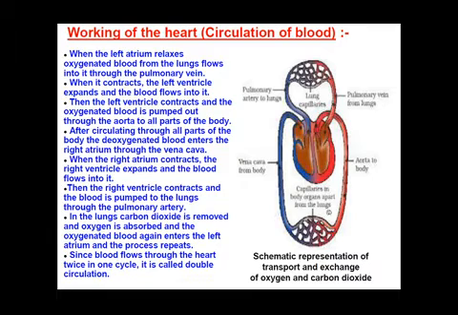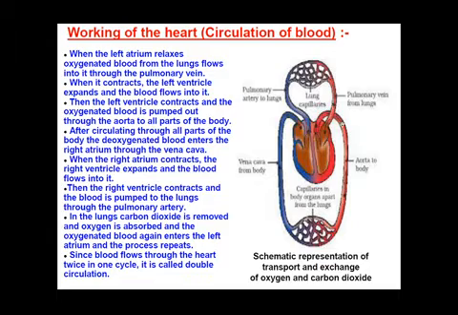And at the organs and on the tissue level, there were capillaries present, and the oxygenated blood gave oxygen to those parts of our body and then took carbon dioxide from those parts of the body. So this whole exchange of gases took place with the help of the capillaries. Now the blood becomes deoxygenated, impure blood.